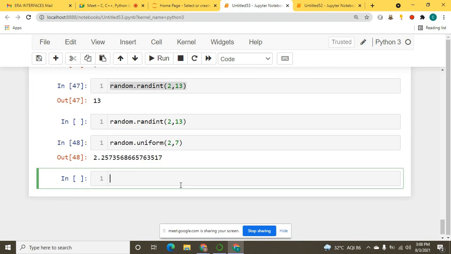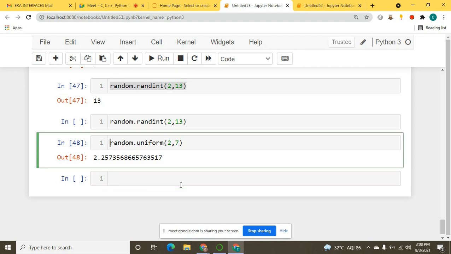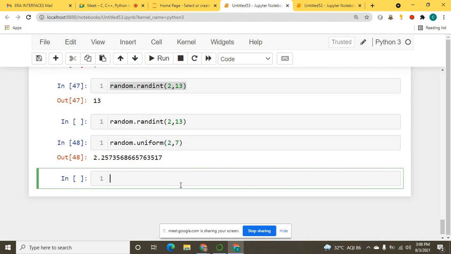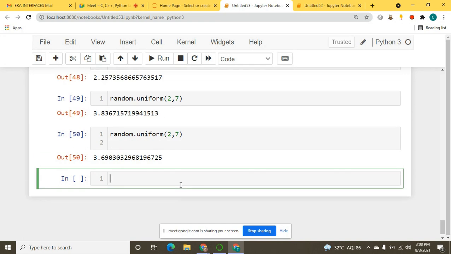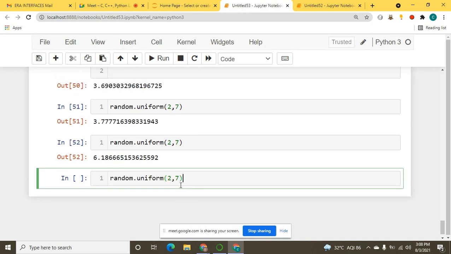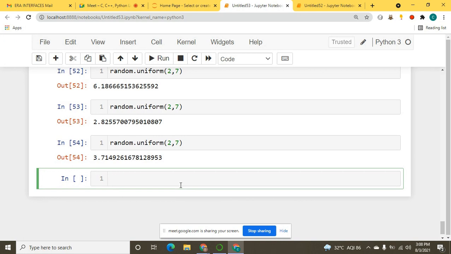Let us execute that. Now you can see that we got a float number, meaning it is including the lower limit, but it won't include the upper limit. Meaning upper limit is excluded, meaning 7 is excluded. Left of 7 means any decimal number, any float number. 6.999 is also included, but not 7. So let me execute this again and again, and you will see that we get a float number, but not 7. Okay, so this is your uniform, right?